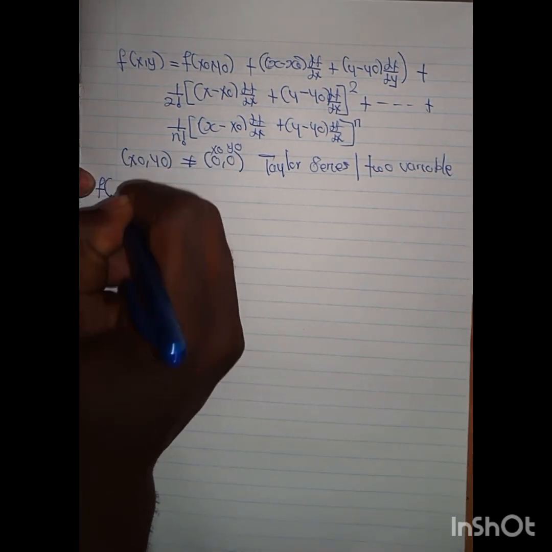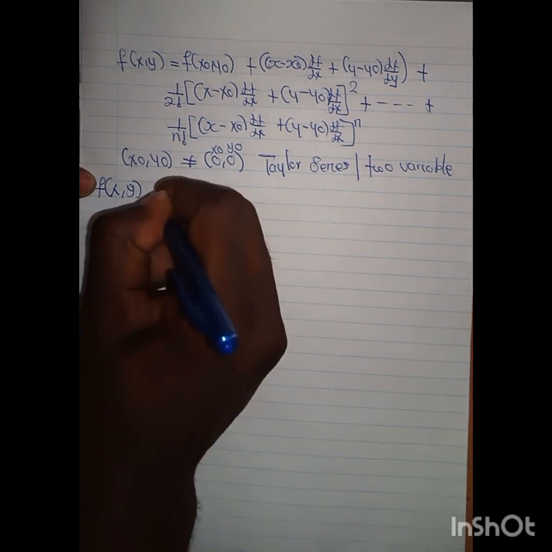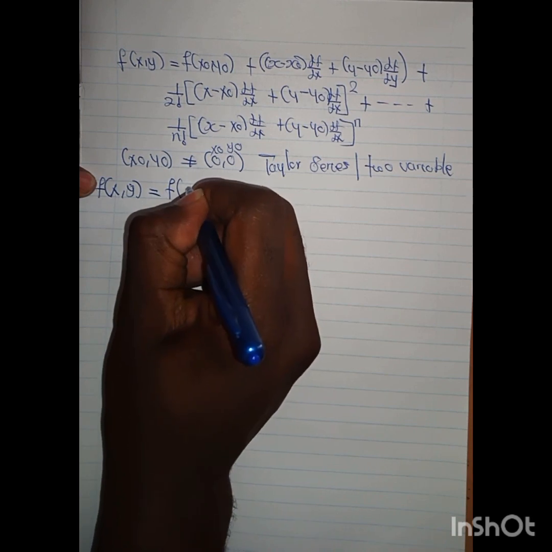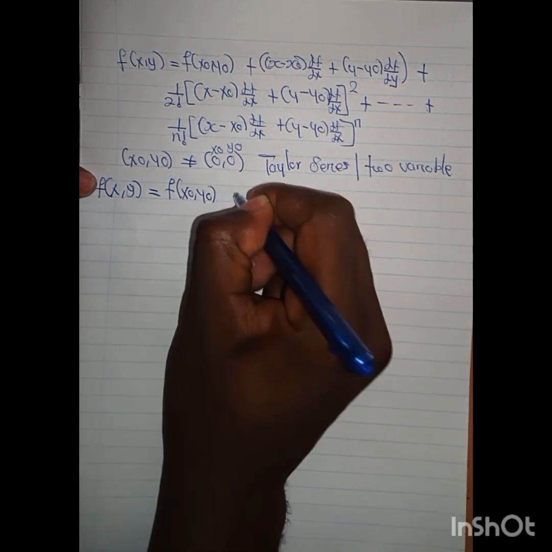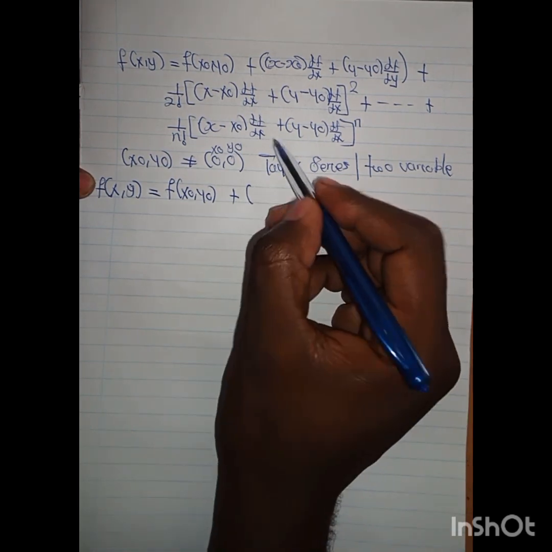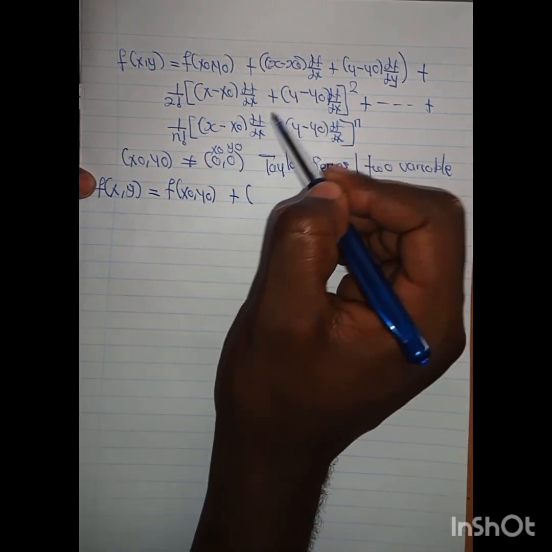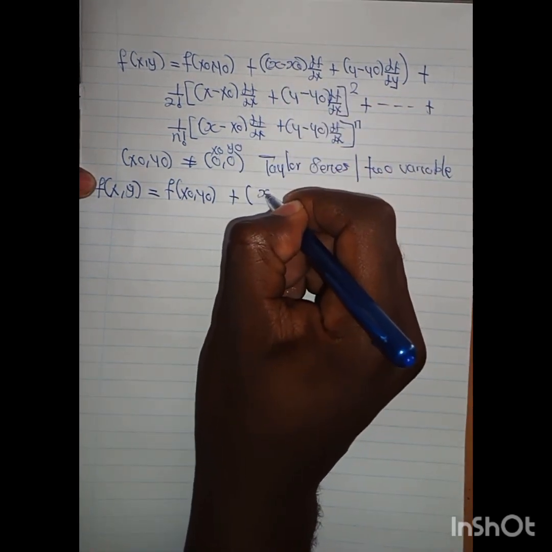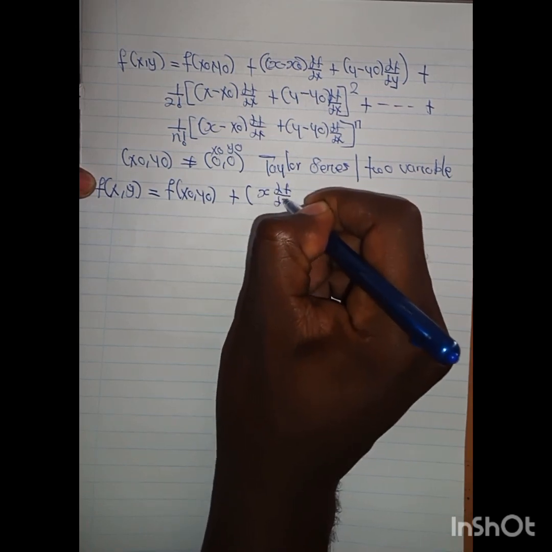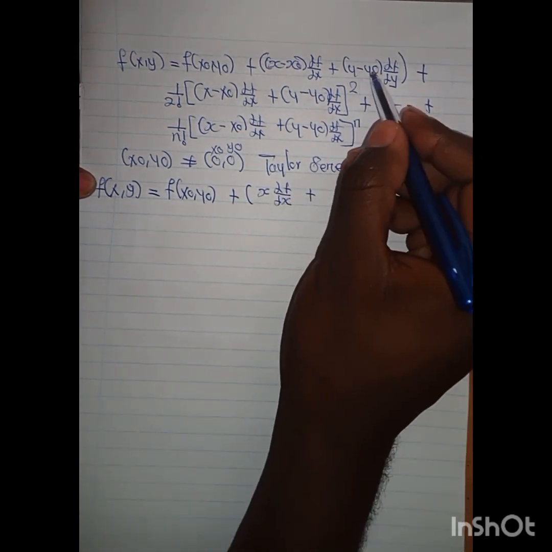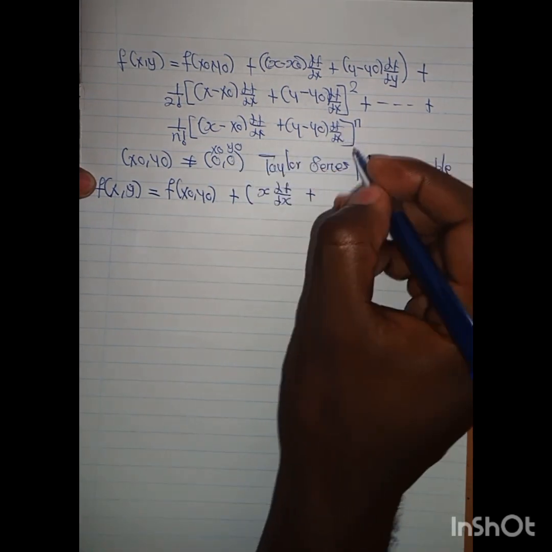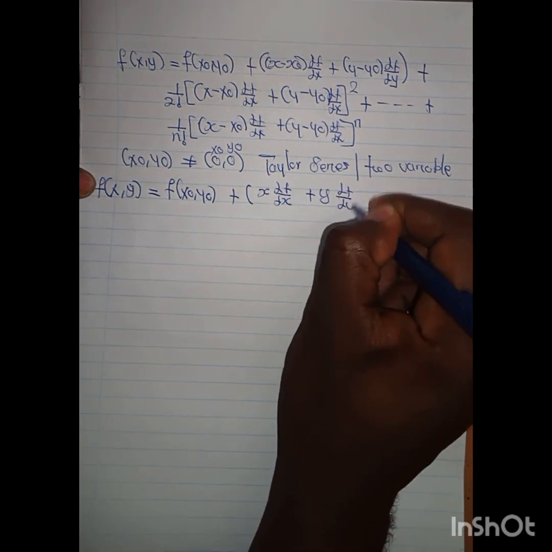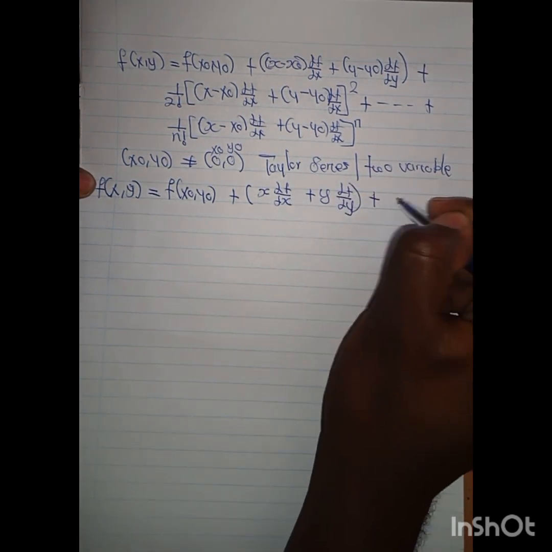And then we'll have the following: f of x, y is given by, from the formula, f of x naught and y naught plus, since x naught is 0 this time around, x minus 0, and x minus 0 is x. So the formula this time around will be x df dx plus y minus y naught, because y naught is 0, then we'll have y df dy, then plus